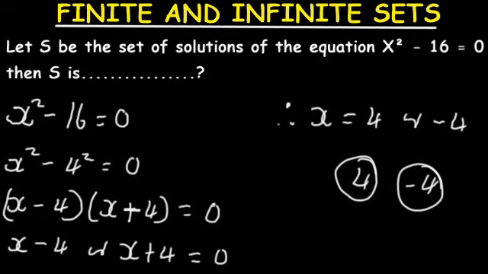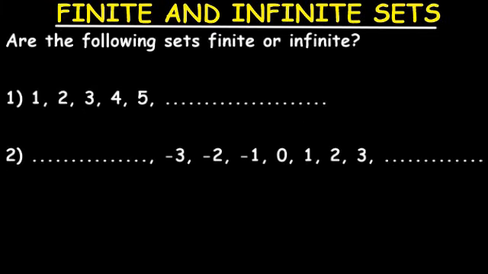All right, let's try one more example. By the way, I want you guys to pause the video and try to provide a solution to this example I'm about to show you. So here it is. Are the following sets finite or infinite? You are given the first one: 1, 2, 3, 4, dot dot dot. Are they finite or infinite sets? I forgot to add the curly brackets here to show that it is a set. Okay, then we are good to go.